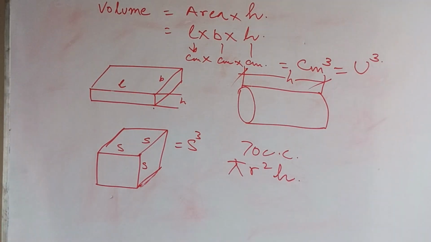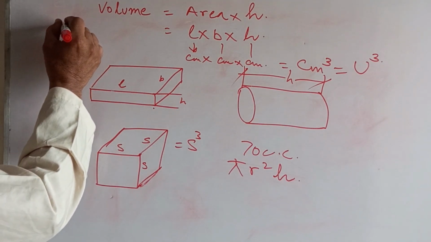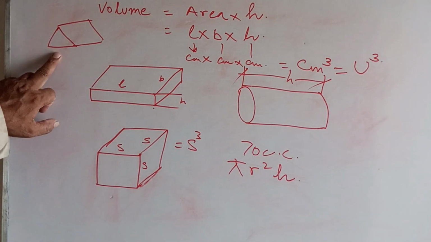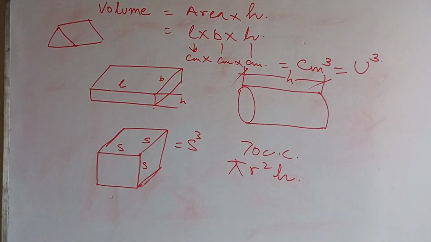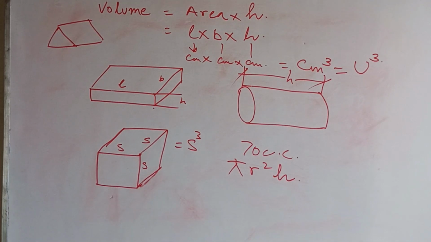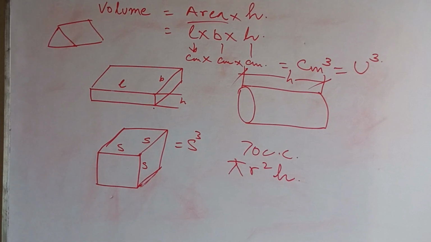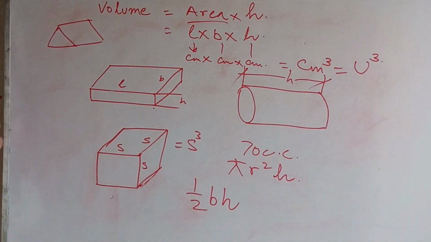And similarly, when we are considering the prism, a figure with a triangular base maybe, it is like this. The same will apply over here. Now, what was the area of a triangle? Now this is a triangular prism. So what was the area of the triangle? The area of a triangle was half base into height. And again, this